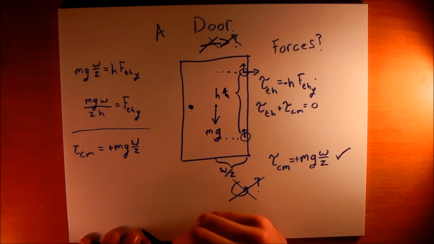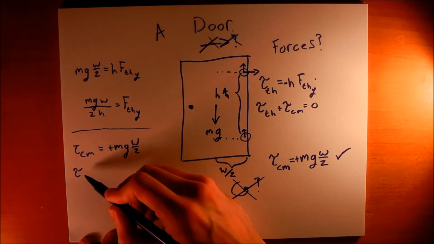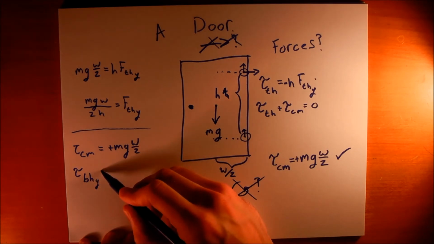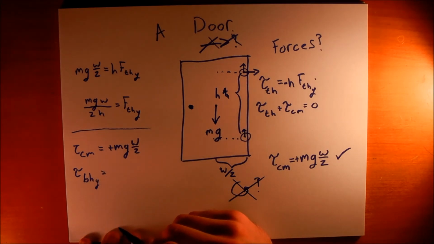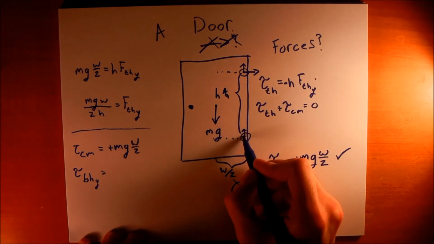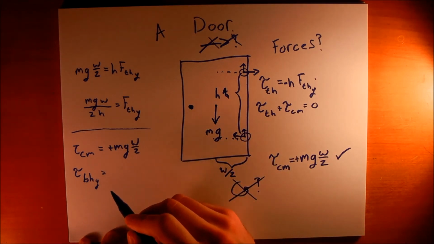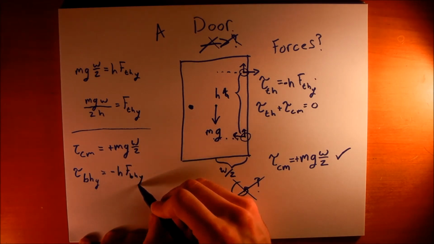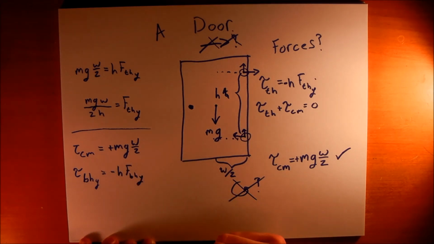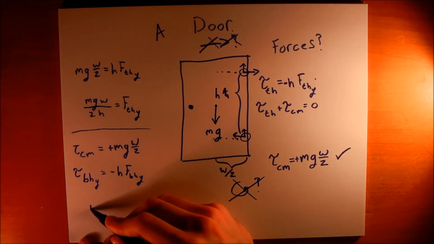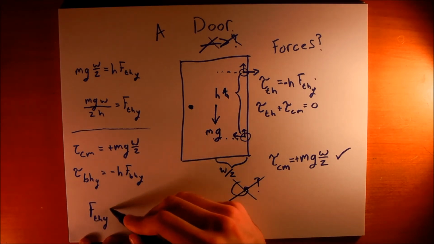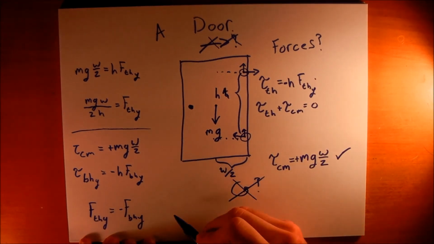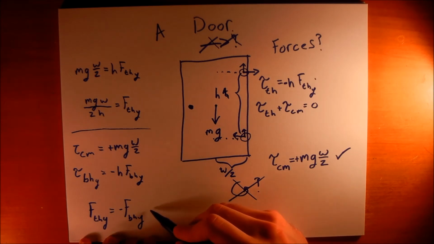The center of mass is going to be the same, which you can check very easily. And we'll also find out that the torque on the bottom hinge is going to be the same as the torque on the top hinge. This makes sense. The door is symmetric, so it wouldn't make any sense for the two to be different, except for they're in opposite directions, which is what prevents the door from spinning in circles or moving in one direction over the other. Now we just play with the algebra a little bit to prove all this, which is quite reasonable. We see the forces are equal and opposite, which is what means